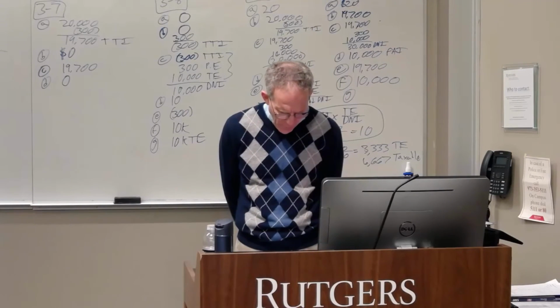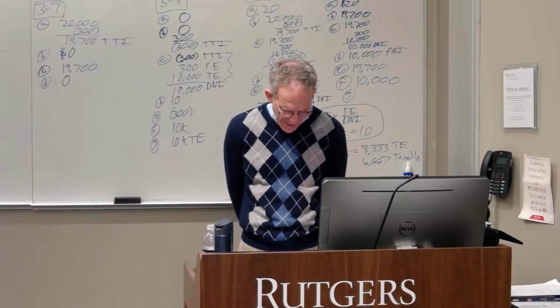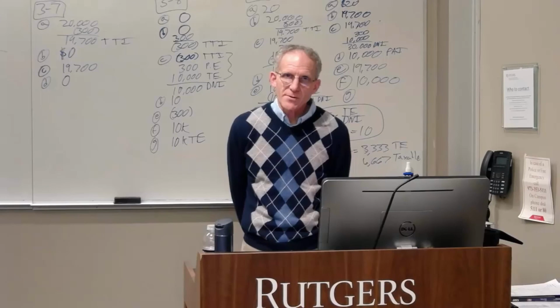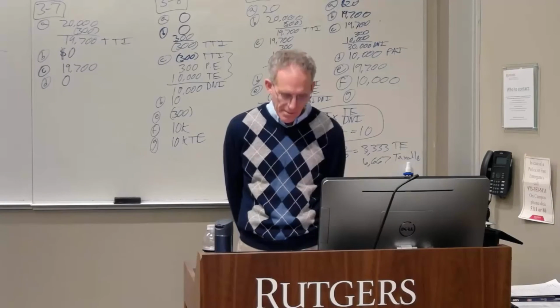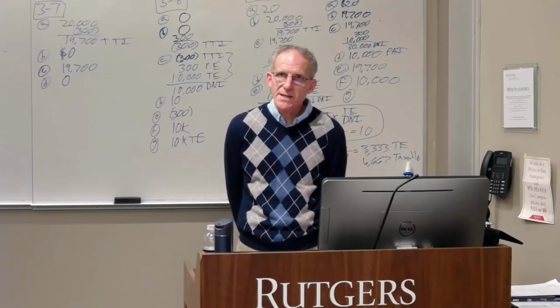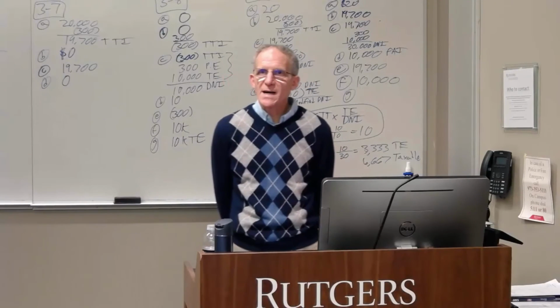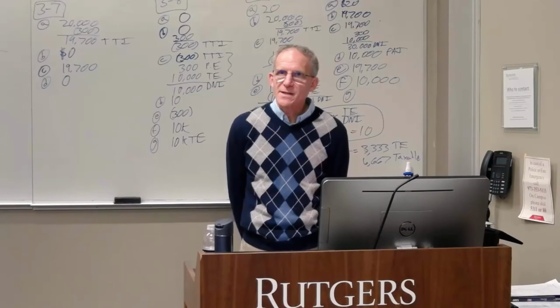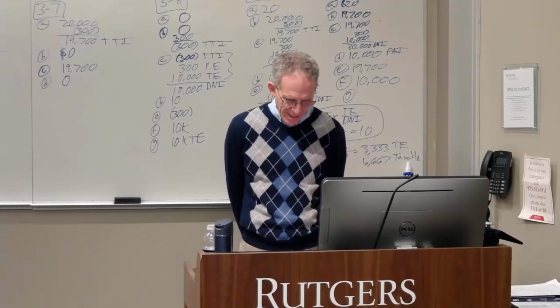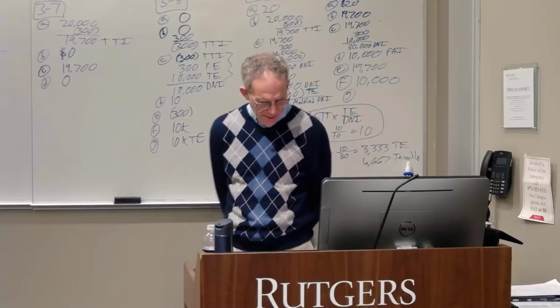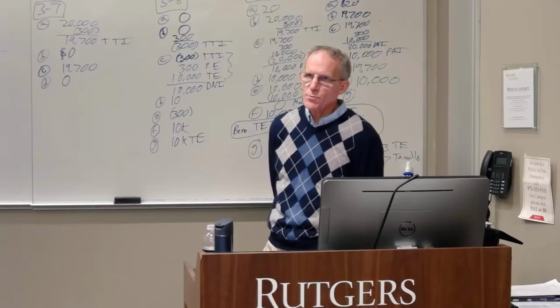It's the lesser of 124 or 123, right? That's under 652A, right? The beneficiary is going to be taxed on the lesser of those two numbers: the fiduciary accounting income or DNI, right? What's fiduciary accounting income? 124. What's DNI? 123. So the beneficiary is going to be taxed on 123. Everyone agree? So your answer to 3-13 is 123.